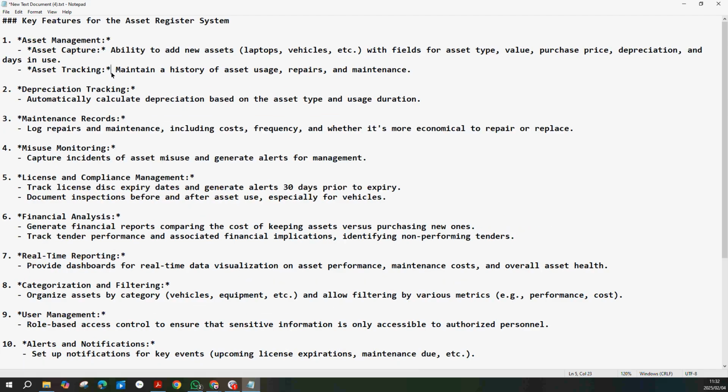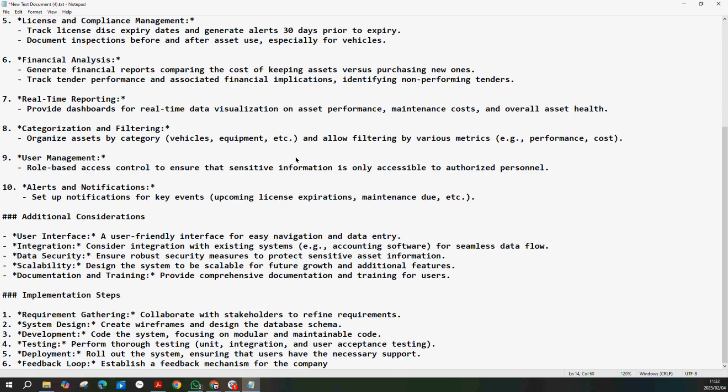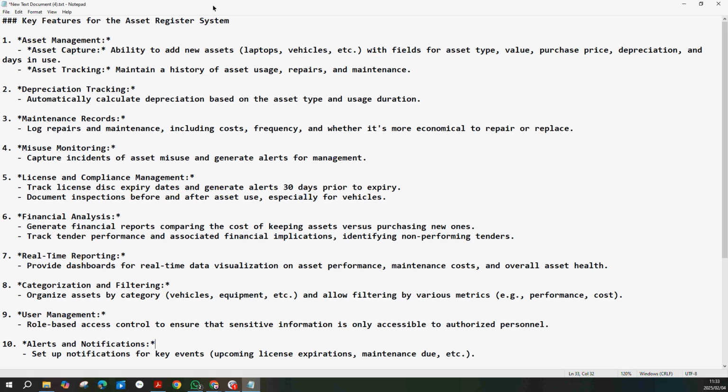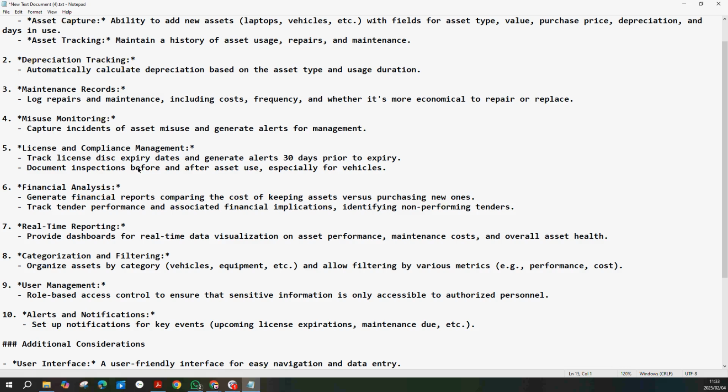Just go into detail, find out exactly what you can add, what other features should be in the system, just from your understanding exactly what will be needed for that specific function. For example, let's say financial analysis, right? It says generate financial reports comparing the cost of keeping assets versus purchasing new ones. Exactly what type of calculations will be needed? How can we calculate